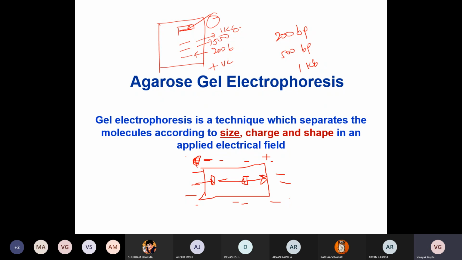I'm just giving an overview. In the next lecture, we can discuss in detail. Several things are required: gel, buffer, and some system by which we can visualize DNA. So it is going to be a dye, and the dye name is